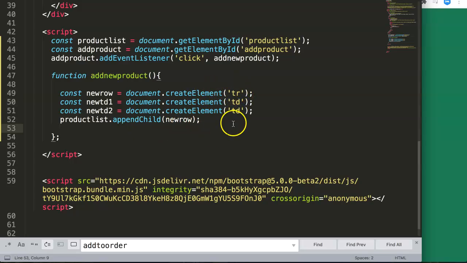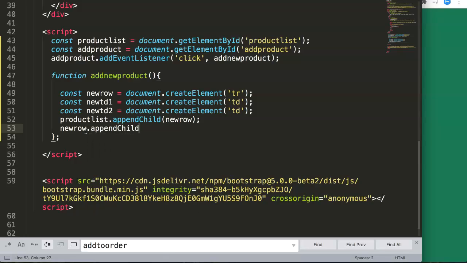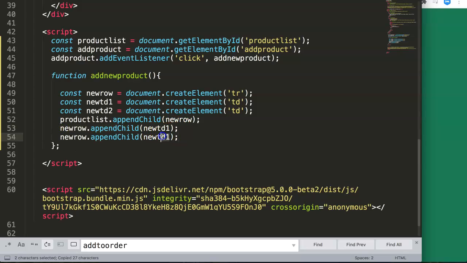So in this case, what we can do here is we do another one. We say here new row dot append. So which child do we want to latch onto the table row? Well, that is this here. So let's do that correctly. We say this here, and then what I say here is copy this, paste. Alright, so once we save this,